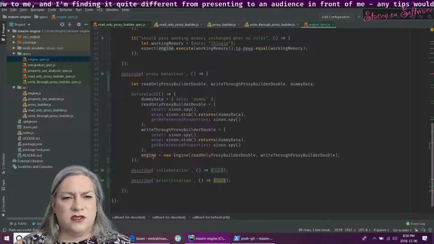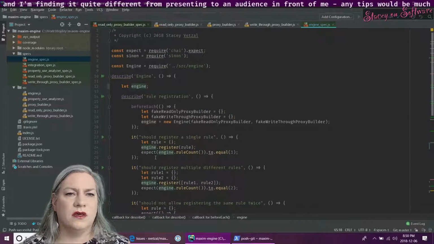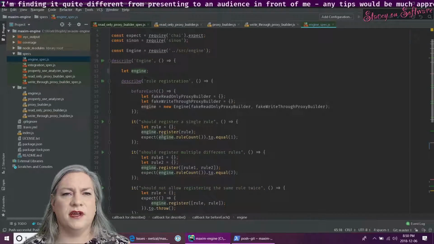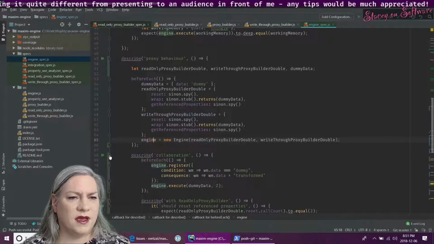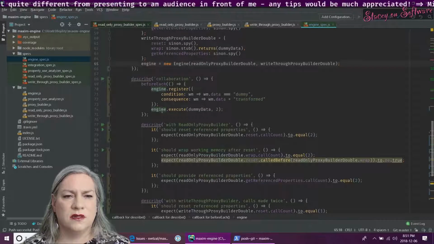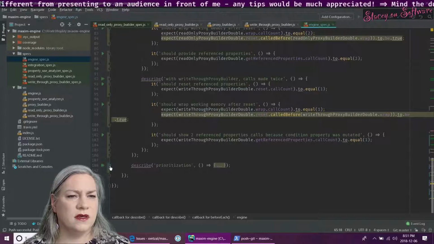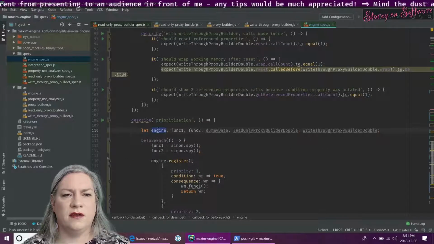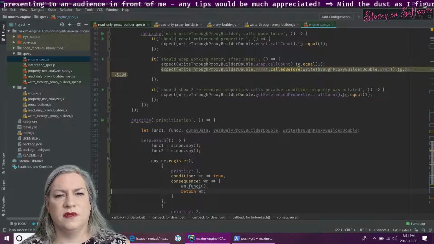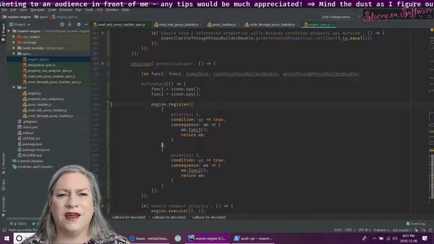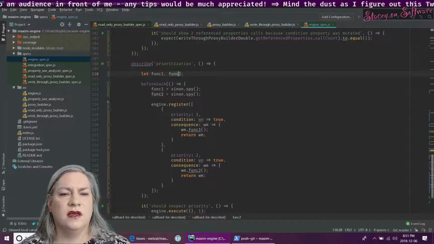Somewhere it doesn't think engine is defined. Now, you're all referencing the same declaration. And so are you. Oh, wait a minute. Yeah, that's going to mask the engine elsewhere. Don't want to do that. And clearly I'm not using these other two things. Oh boy, did I leave a mess here.